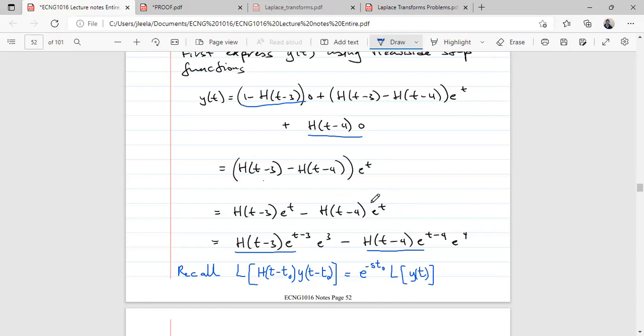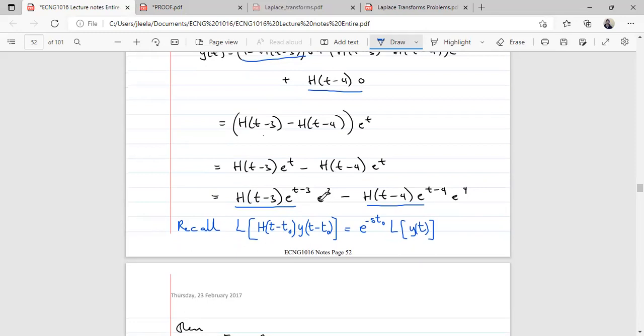Now, in order for us to evaluate this using the Laplace, somewhere you have to bring in a t minus 3 here with this part, with your y. So this is your y and this is your y here. Remember the Heaviside definition is h at t minus t naught, y at t minus t naught. So what we do here, we use the lower exponents, or the lower indices. So this e to the t, we could break it up as e to the t